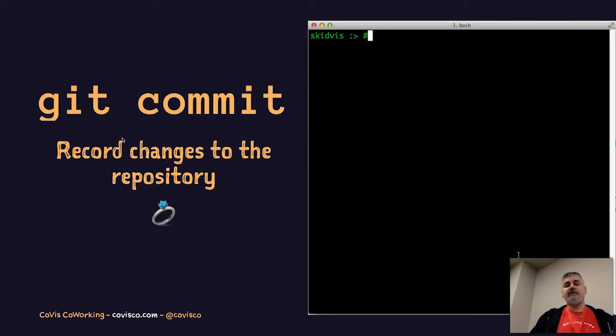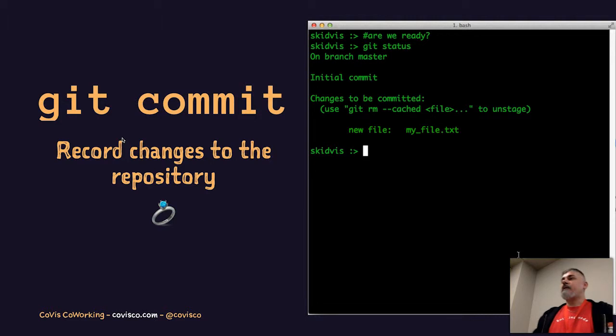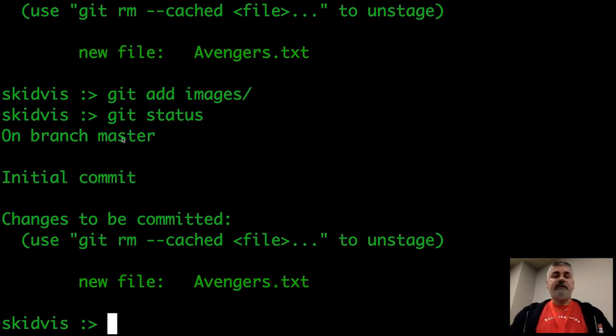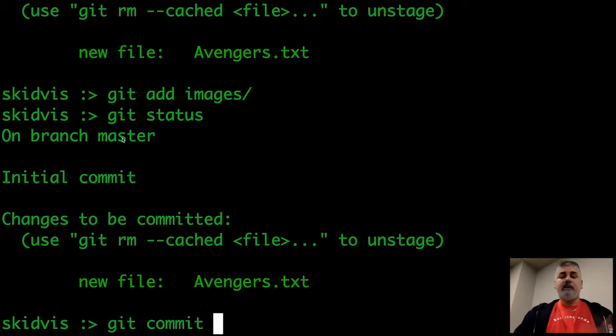And speaking of the repository, the way to move things from staging into the box that's sealed is git commit. You're recording the changes to the repository and making it a piece of history. So now that we have this file here sitting in the staged area, I can go git commit, and then I have to provide it a message. So -m says I'm going to provide a message, and then just a string saying what this change is about, what's the commit.